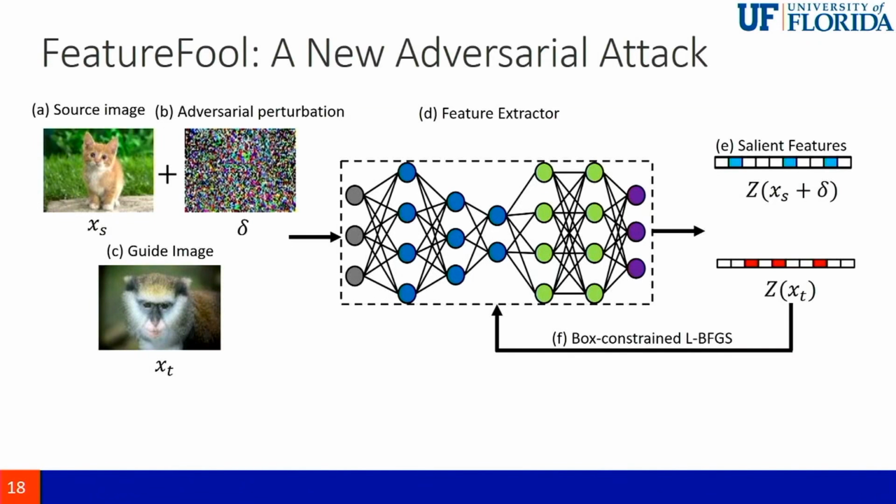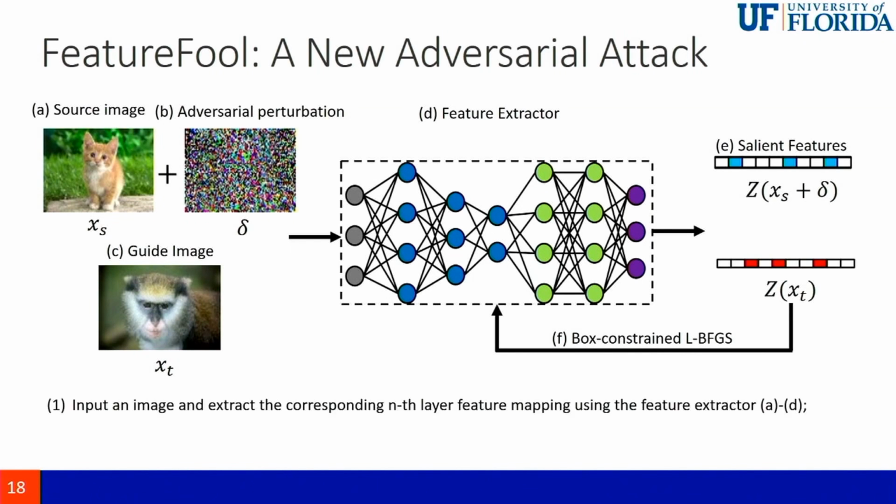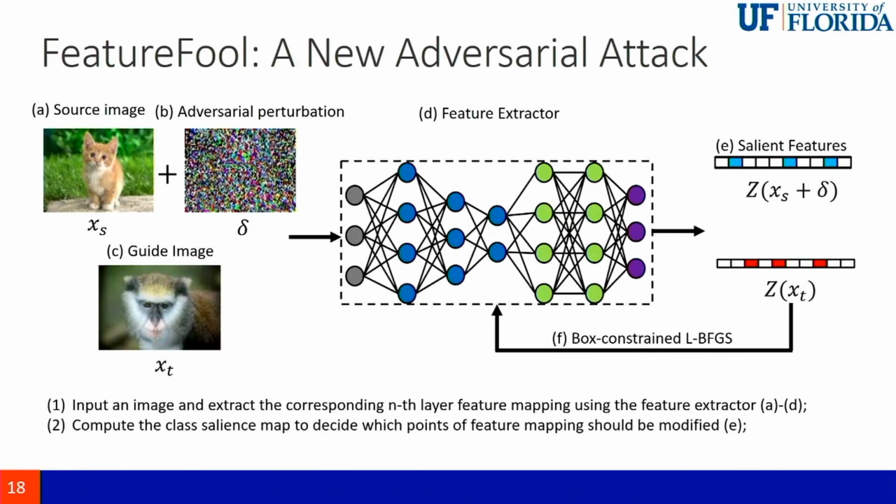A visualized process is shown here. Step one is that we get the source image and the guide image, and we have the adversary perturbation. So we extract the features, right? After we extract the features, we start to compute the class salience map, right? To decide what points we need to adjust